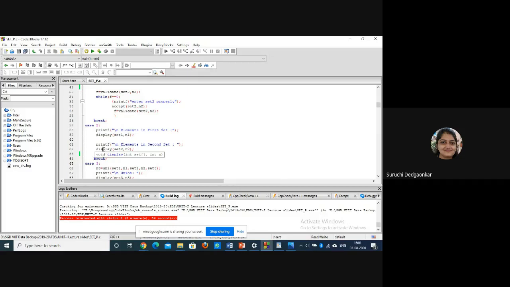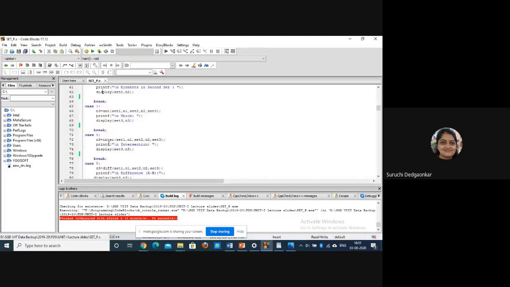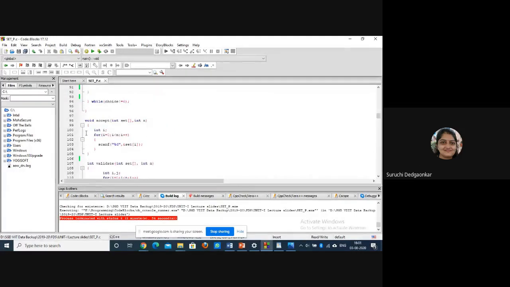You have to stop repeating the same instructions again and again. So what we have done here, we have written the accept function, these instructions only once, and we are using it for initializing set 1 and set 2 also. If you write an accept function for accepting two sets, you have to write similar for loops again for the second set.